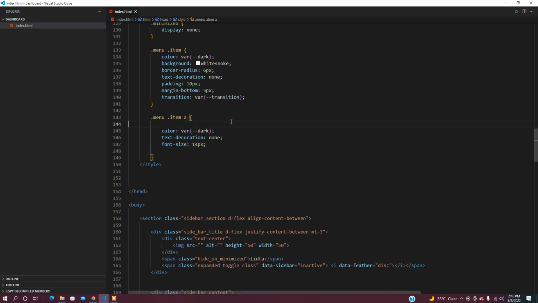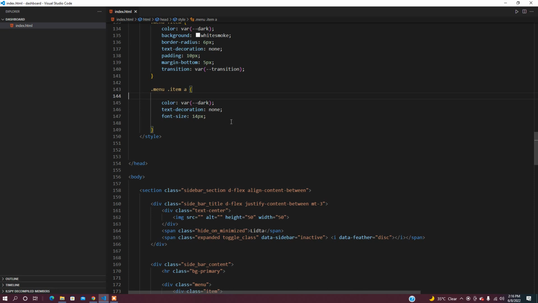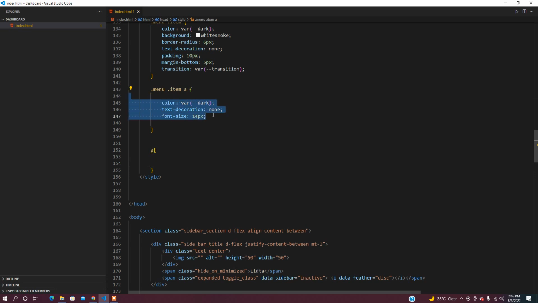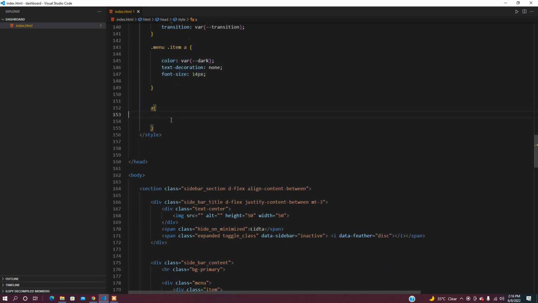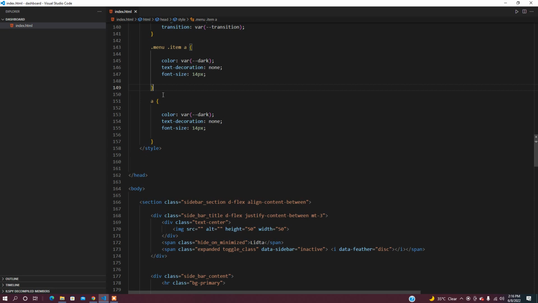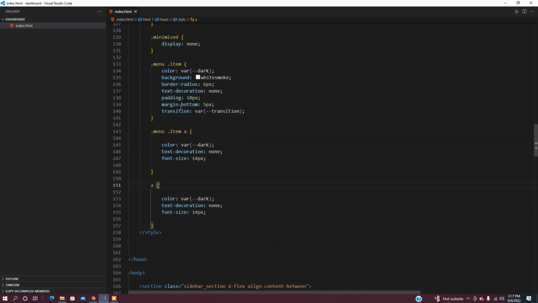We're gonna save that, and after that, I think we can just use this one. Looks like repetition. But in case we have some other anchor tag somewhere, we're going to remove this one. We only want to target the one inside the menu, then the item class. Okay, let's define what will happen if we hover on this